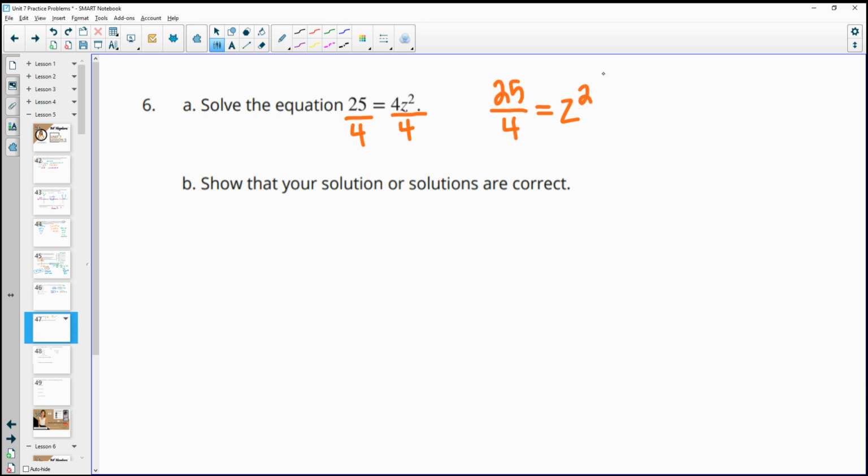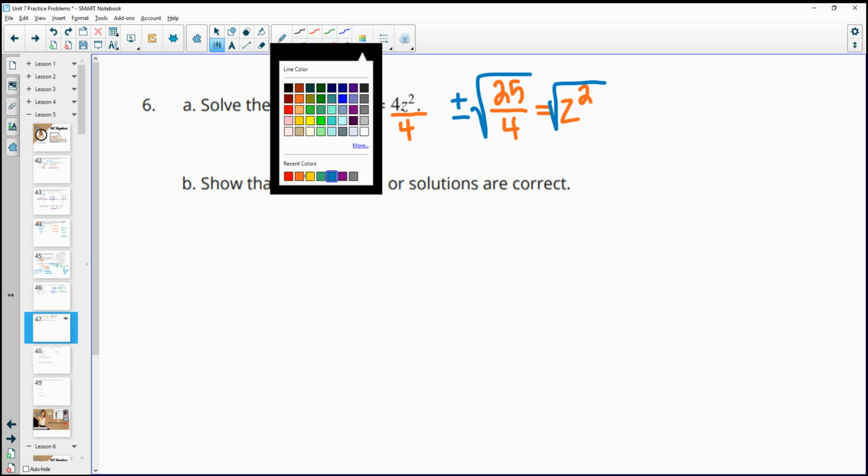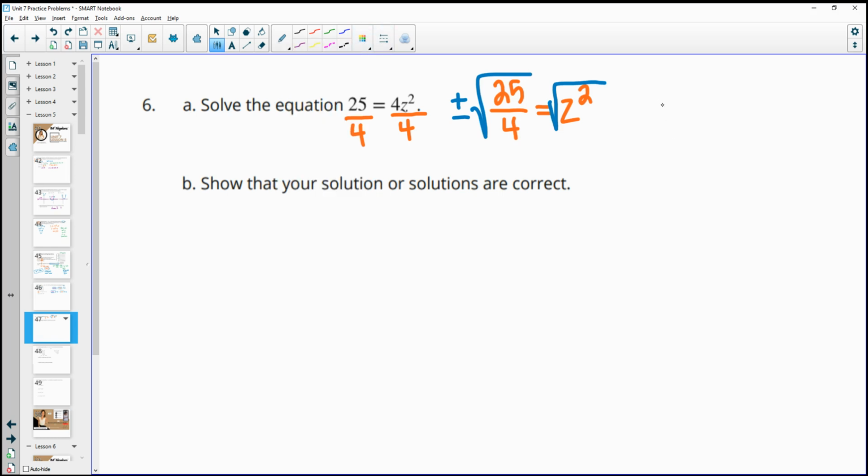1. And then undoing a square. The opposite, or the inverse, of squaring is square rooting. So to undo a squared, we do a square root. And remember that when we square a number, whether it's positive or negative, it's going to come out the same. So we want the plus or the minus square root of these numbers. So then we end up with, and I'm just going to write the z on the left side,